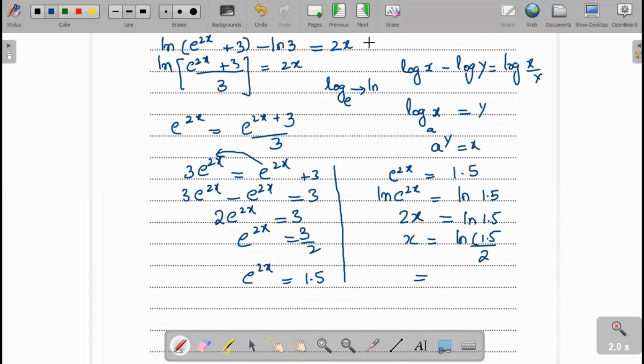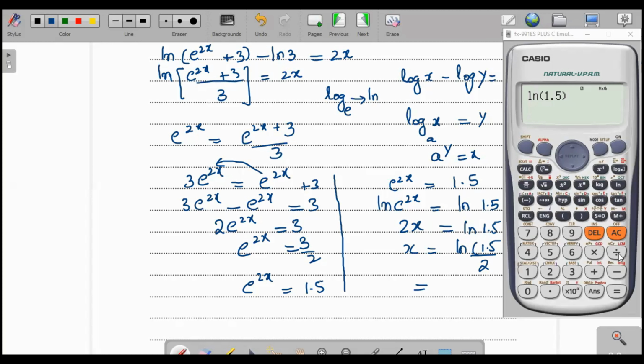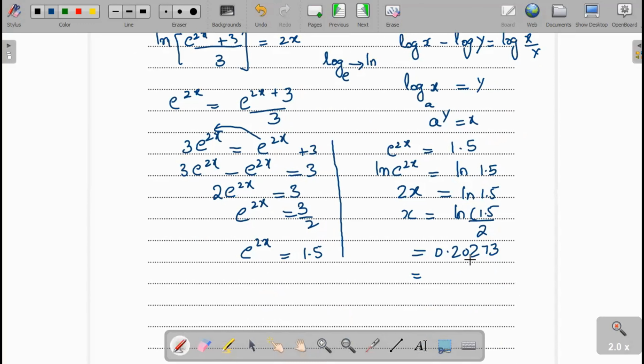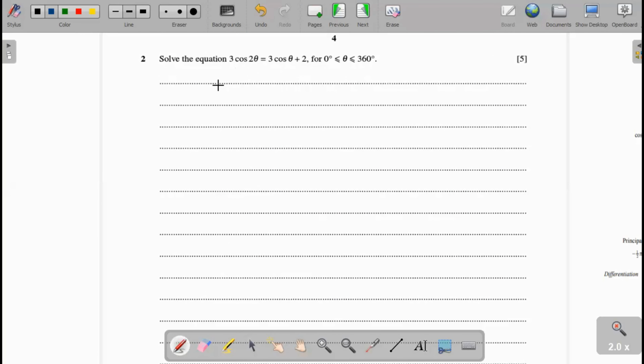We calculate it. Now ln 1.5 divided by 2, the answer is 0.20273. At 3 decimal places, the answer 0.202, and the neighboring digit is more than 5, therefore it becomes 0.203 is the answer. Here the cos 2 theta, we know that the cos 2 theta is equal to cos